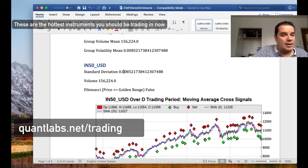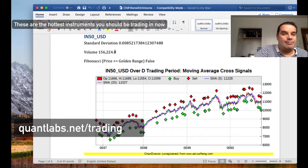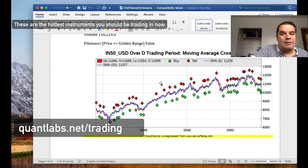So it looks like India 50 has some opportunity, and you can always compare the volatility against other group reports. I'm not too concerned about volatility right now. It is somewhat trending up, so that's looking pretty good. There was a buy opportunity here, so maybe India has potential to move up. And historically,